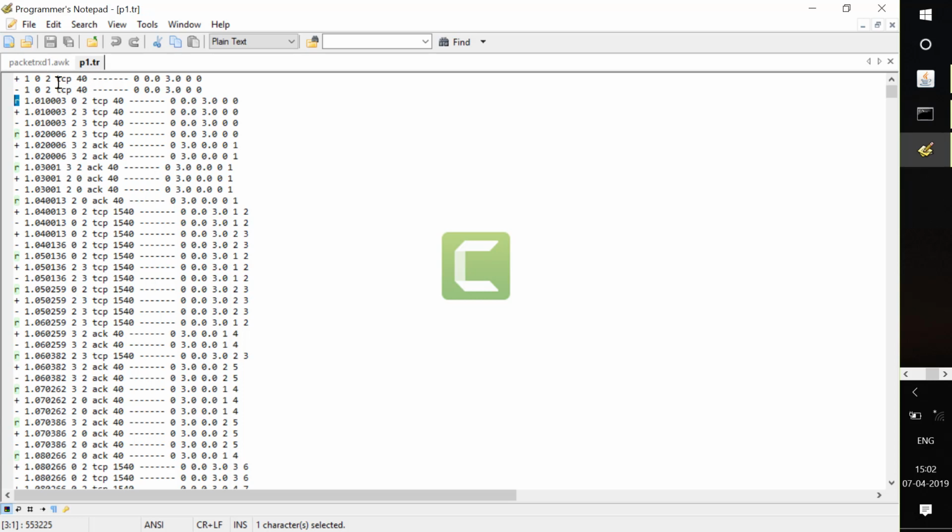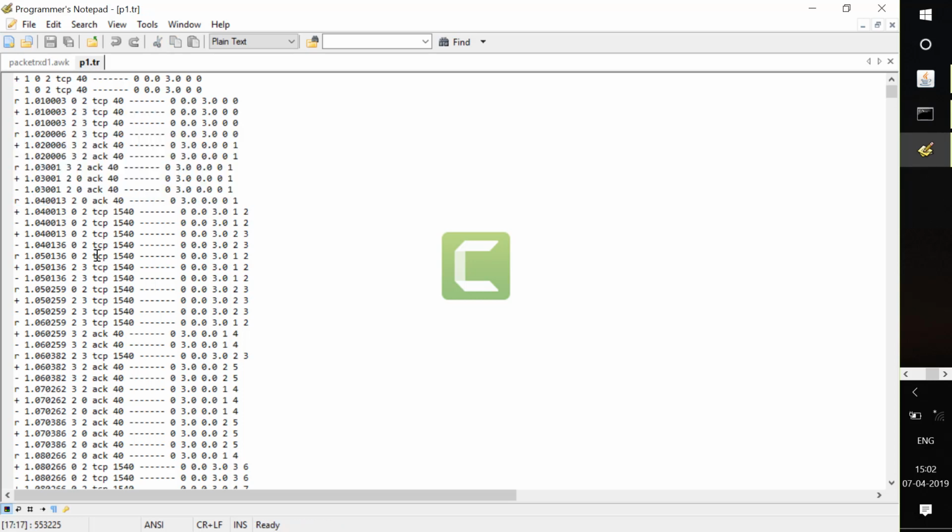TCP 40 is a control packet that is sent from the source. You can see there, the first column is the event, which will tell you entering a buffer, coming out, and received. The second column is the time, at what time it is sent, at what time it is entering the buffer, what time it is coming out, and what time it is reaching.